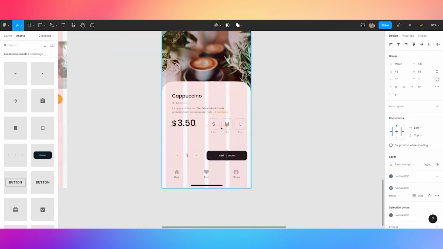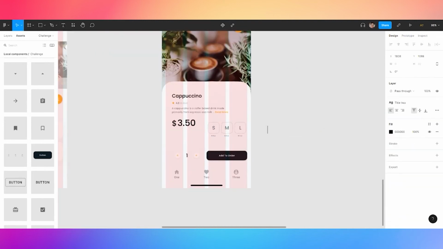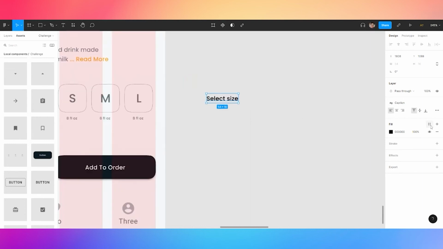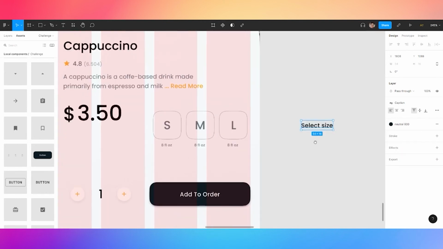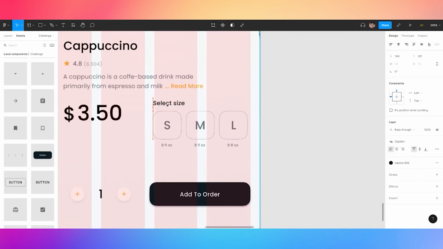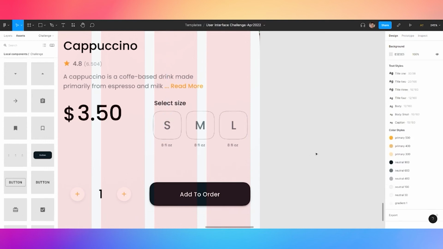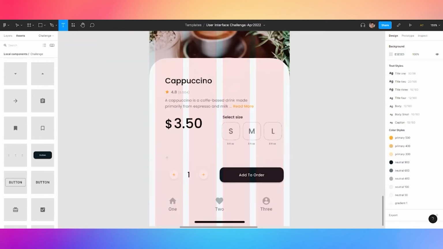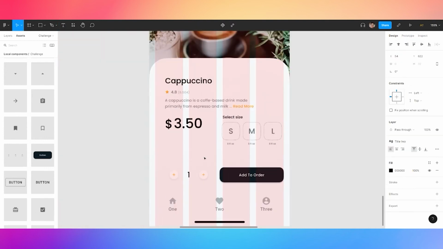Let's put this on your screen and add some title so users can know what this means. Now I think this is important. Okay. I think here